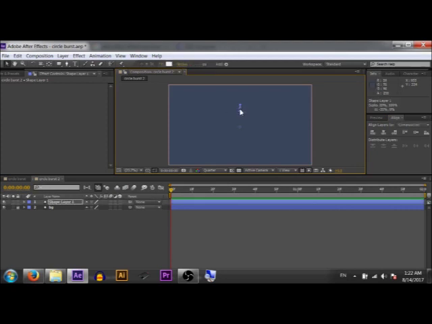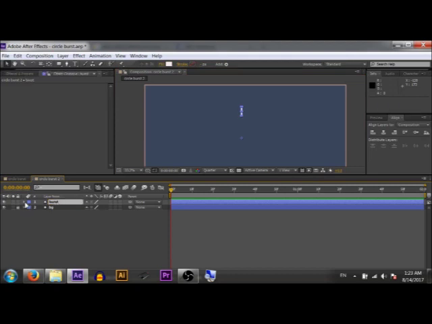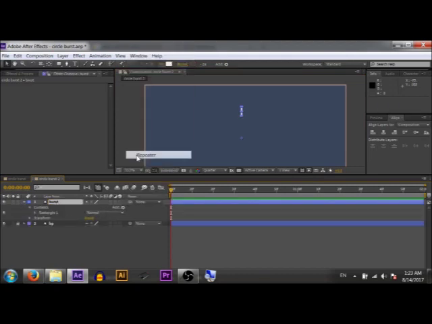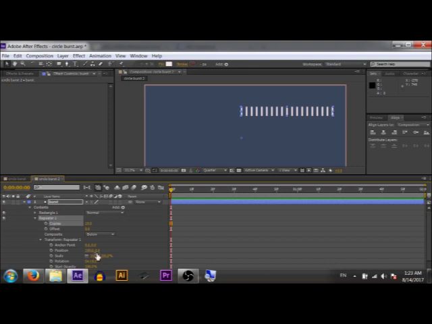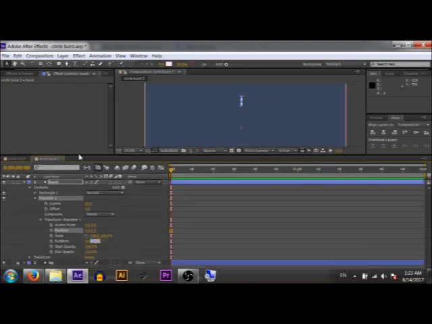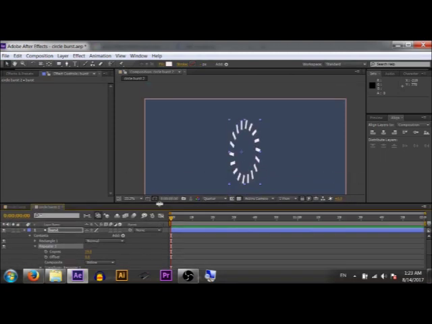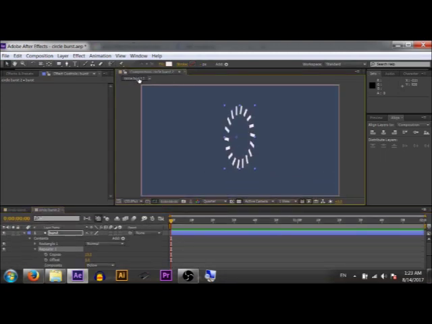Now while this small rectangle is selected, I am placing it in a reasonable place in the composition. I have named it burst. This layer is burst. We have added a repeater to it. Give it 19 copies, and in the transform repeater position should be 0. So all the copies are behind each other, and give it 20 degrees of